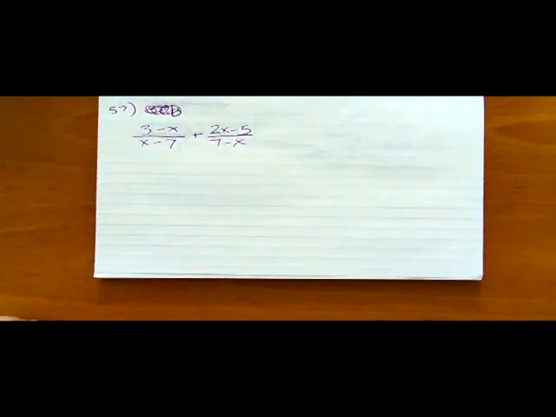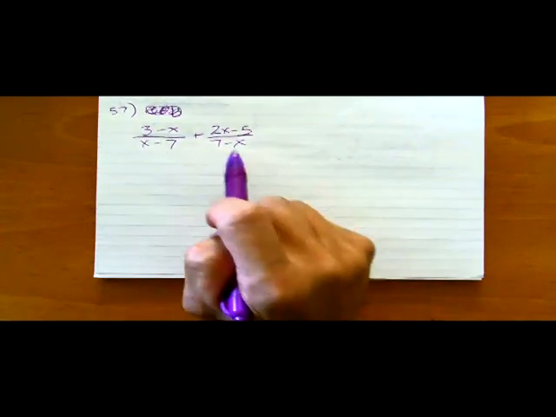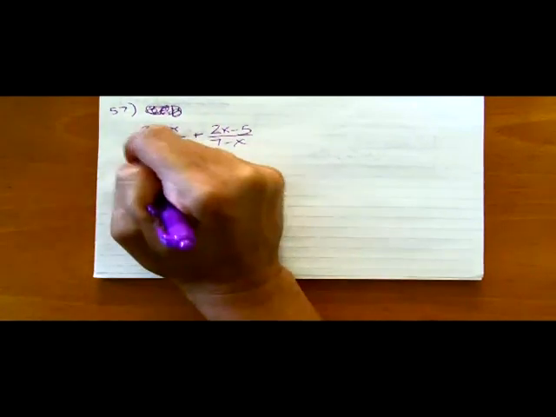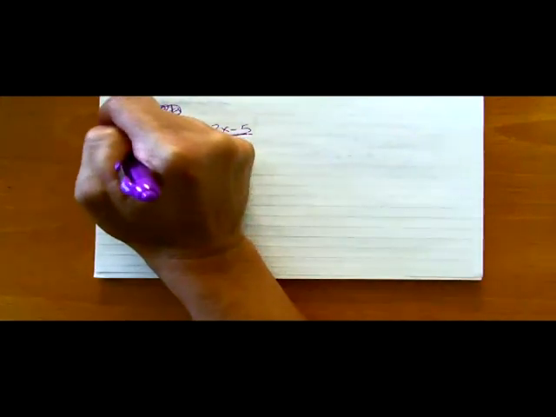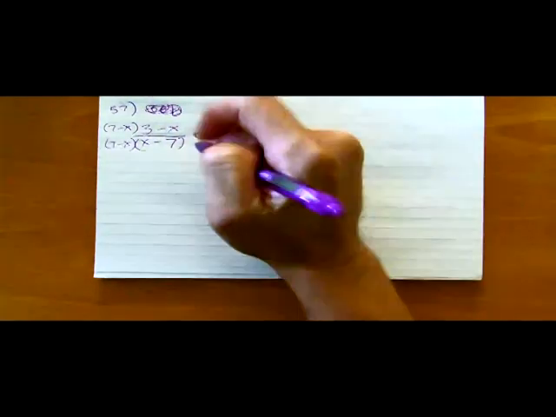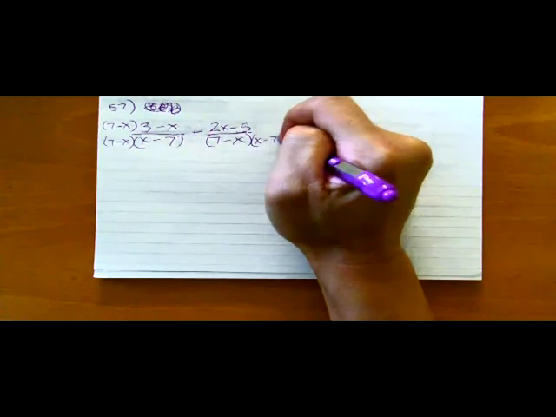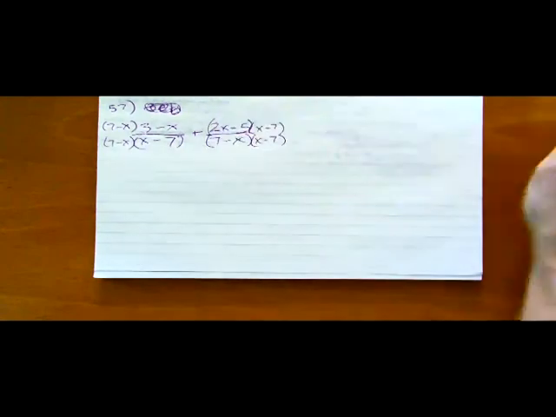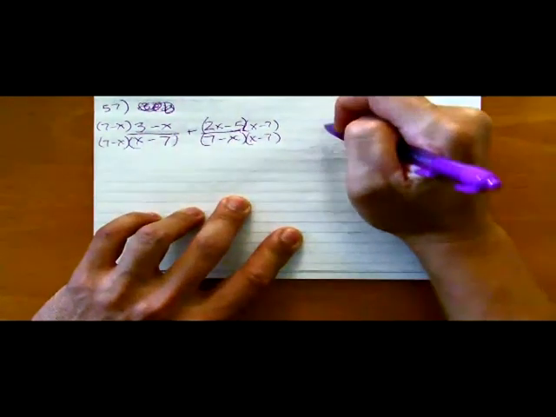Okay, so it's kind of the same. Yeah, we could do it where we take one denominator and multiply it by the other denominator. So multiply this one by 7 minus x, top and bottom. We would take this fraction, multiply by the other denominator, x minus 7. Now, we take the x minus 7 and we'd have to distribute completely. So,